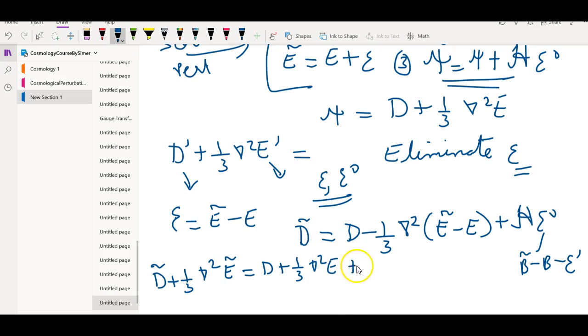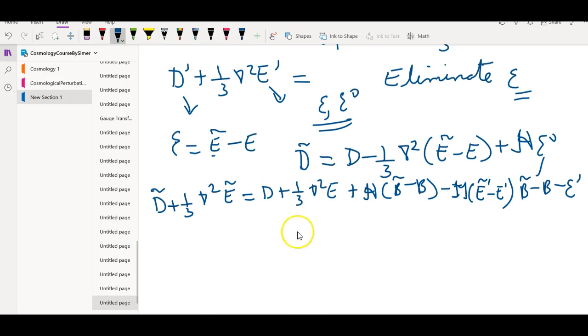plus h b tilde minus b minus h xi prime. Xi prime is e tilde prime minus e prime. Now if we move the terms, if we keep one gauge term on one side and the second gauge term on the other side, we will get